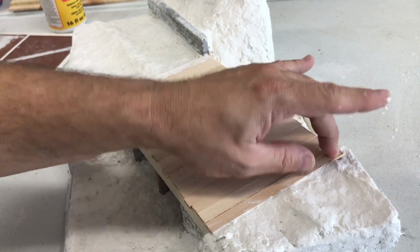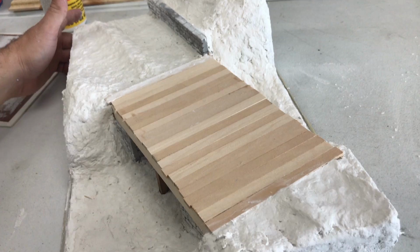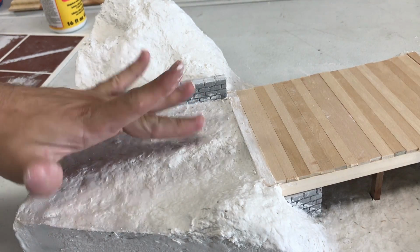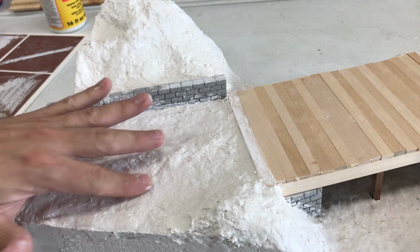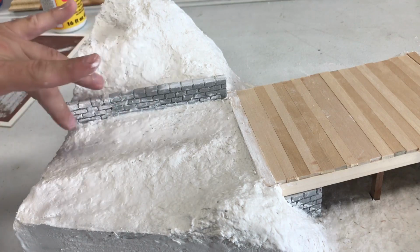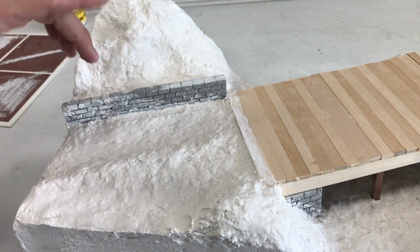So now that we've got the whole lineup, we're going to go ahead and finish off. Hopefully you can also see we've made the two little depressions from where wheels and carts or trucks or whatever would have gone on this road, and left a little berm in the middle. We've also put in our retaining wall and backfilled it, and I'm just going through the process now of cleaning